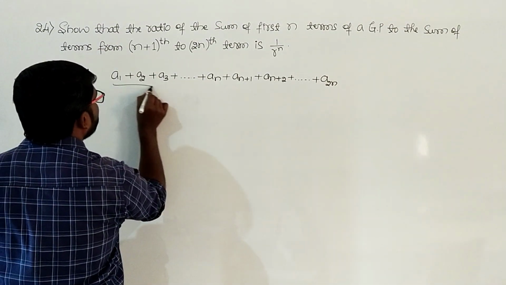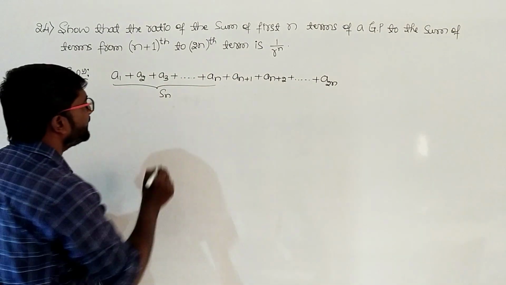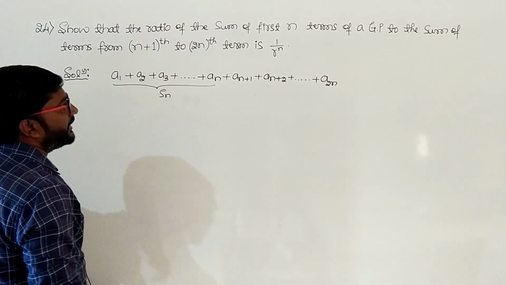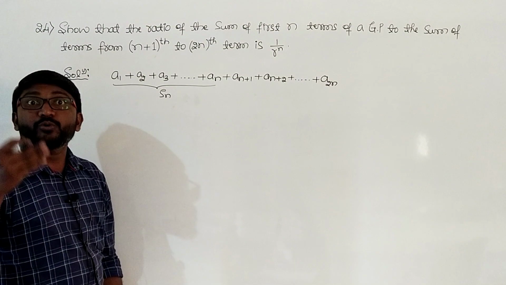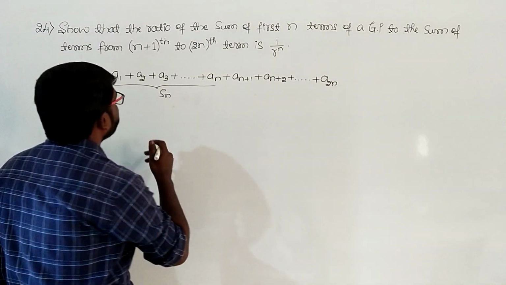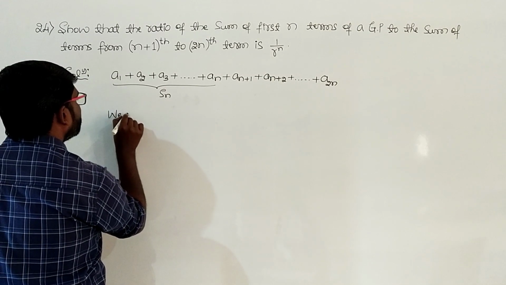So, this will be Sn, that is the sum of first n terms of a geometric progression, and overall A1 to A2n is going to be the sum of the first 2n terms. Now see here what we have to find. We need to find